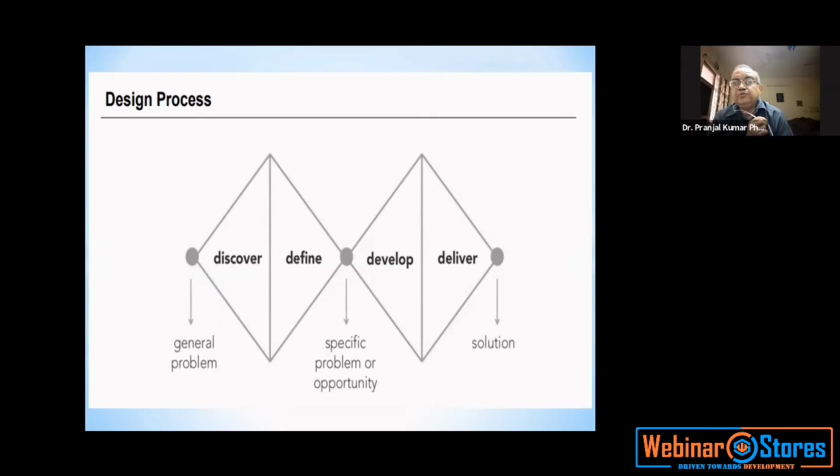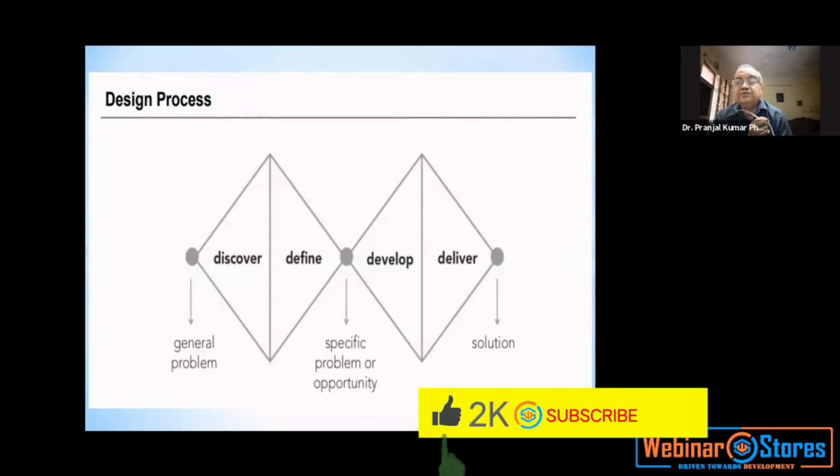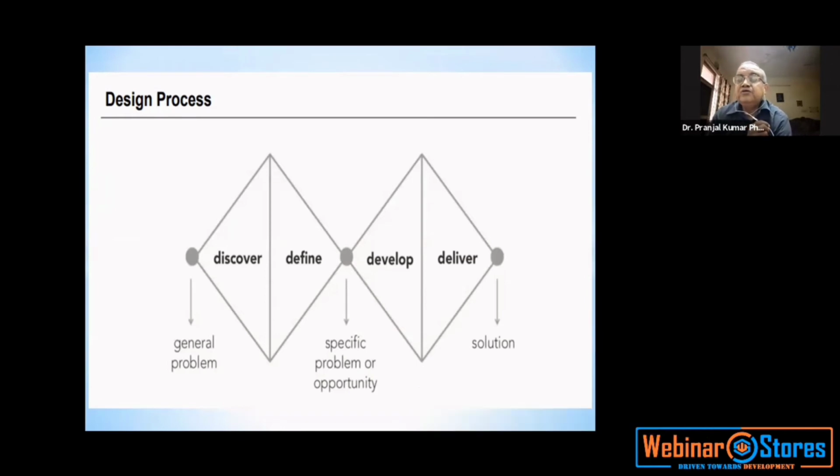Out of this general problem, you have to segment and find out which is the specific problem. Like the problem statements we make, we have to find out the problem, and from that you get this specific problem, and again define it so that you can deliver a solution to it. It seems very simple, but still it requires a lot of thinking, lots of iterations,